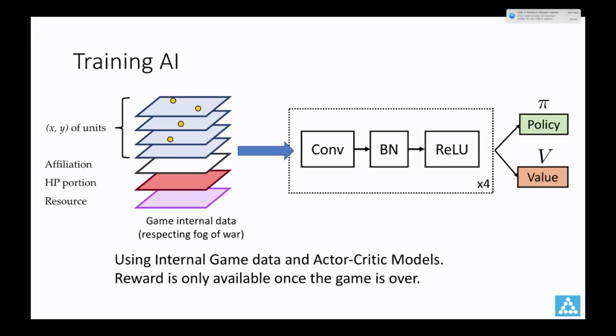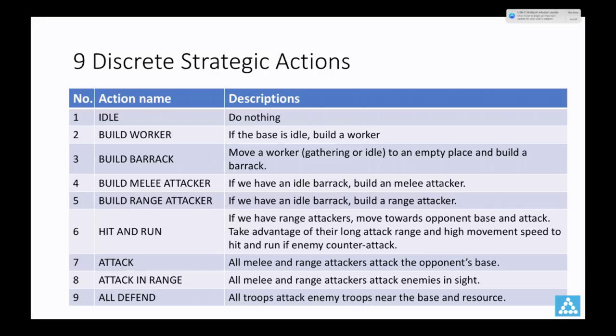Note that in our training, the fog of war is respected so that each player can only see the situation within the sight of all its units. We don't use any reward shaping here. The reward is only available once the game is over, and it's always +1 or -1. A typical game lasts for 4,000 to 5,000 ticks, and our bots act every 50 ticks.